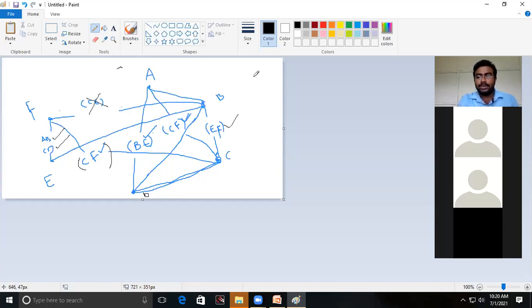Students, with this, your second step is also over. In step 1, we drew all the vertices and then checked each and every state. If they are compatible, we drew straight lines between them. If they are compatible with different next states, we wrote all the next states for each and every vertex. Then we checked whether the next states are compatible or not from the incompletely specified state machine and from the merger graph. With this, the second step is also over, students.